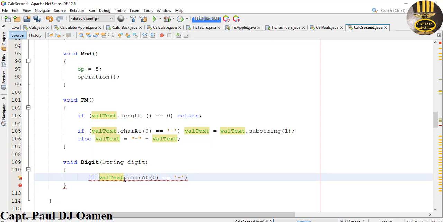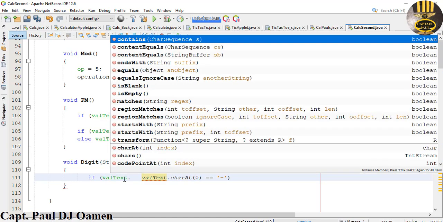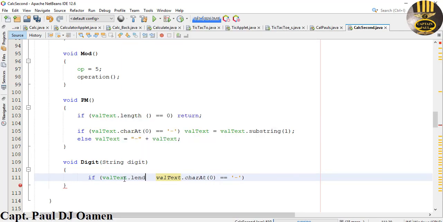Okay, value text dot length, and that is equals. Let's get this right, I'm getting tired. Right,